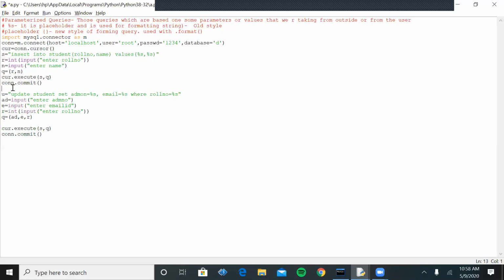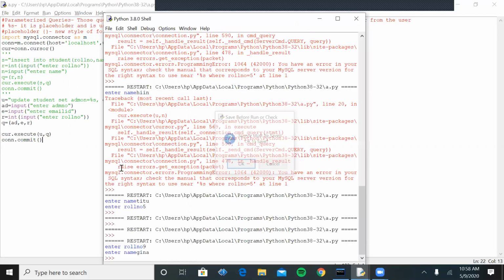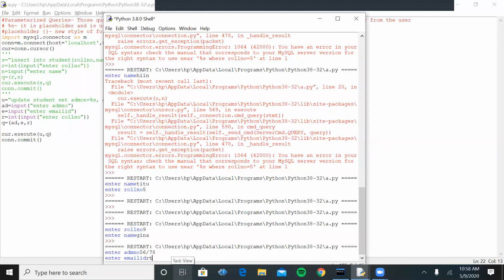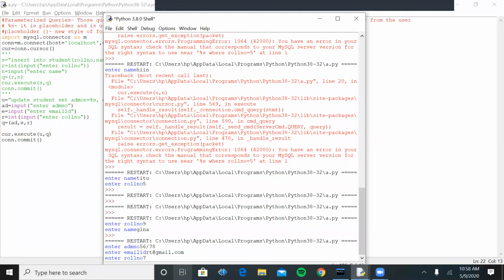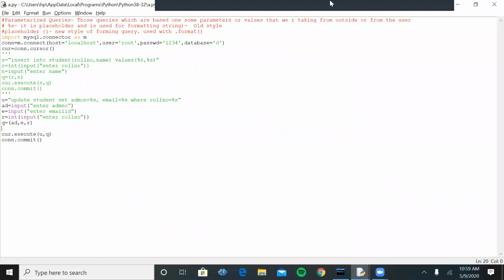I'm changing the comment over here, putting the comment above all these statements, because the whole query is in this form. Then let's see if I have made any mistake while writing. Admission number could be this thing, email ID could be anything, roll number I am just specifying as 8 or 5. Then let's see what is the error. Admission number is also correct, email ID is also correct.